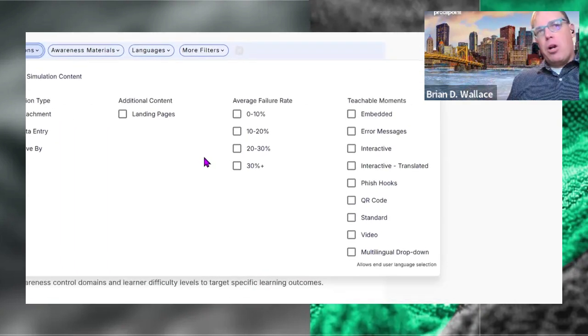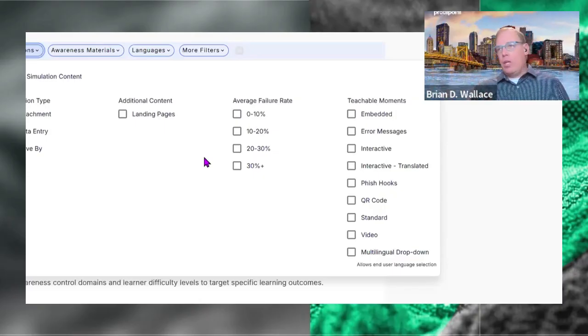Okay. The next part on here is our teachable moments. So for those of you not familiar with our teachable moments, maybe new to the platform, teachable moments happen when an end user fails a phishing simulation. They are automatically redirected to, for lack of a better word, we'll call it a splash page, right? Or a landing page.